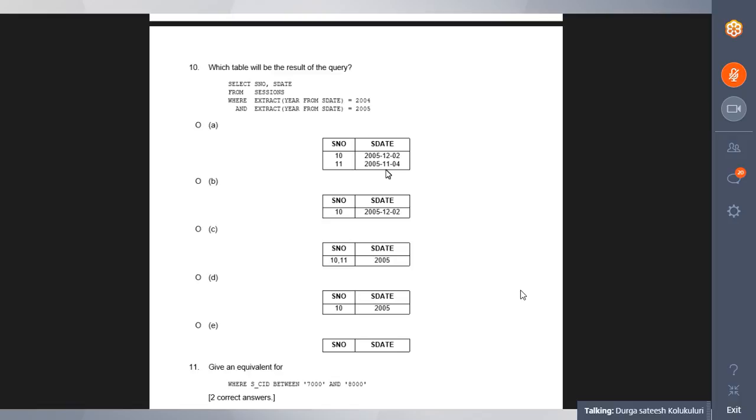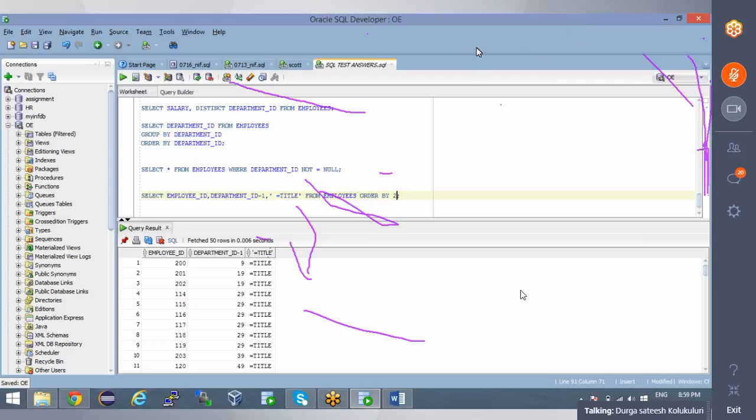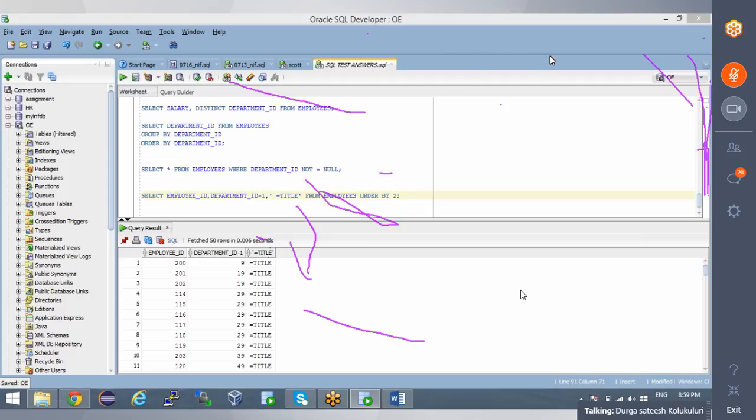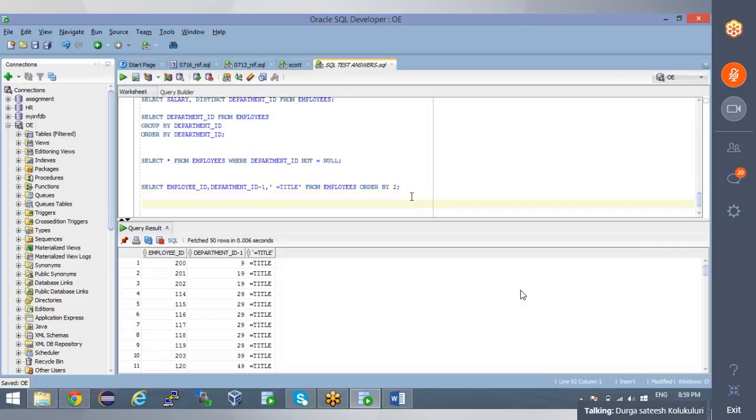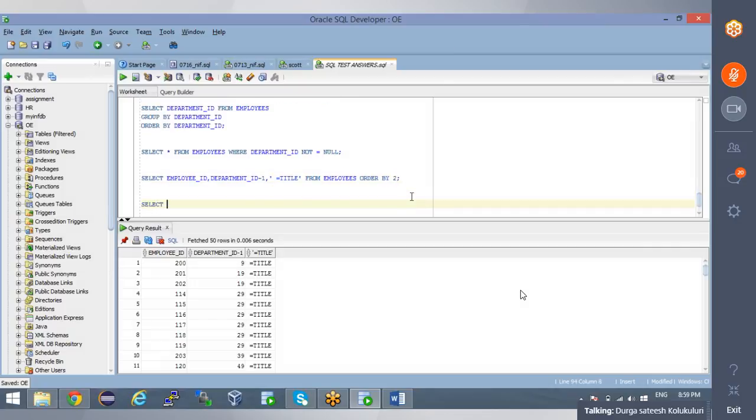C is invalid. C is invalid. Why? Because the result doesn't come like 7 or 10. Right. I'll write the query the same way. Sorry, I'll write the same query. Just check it out. Select